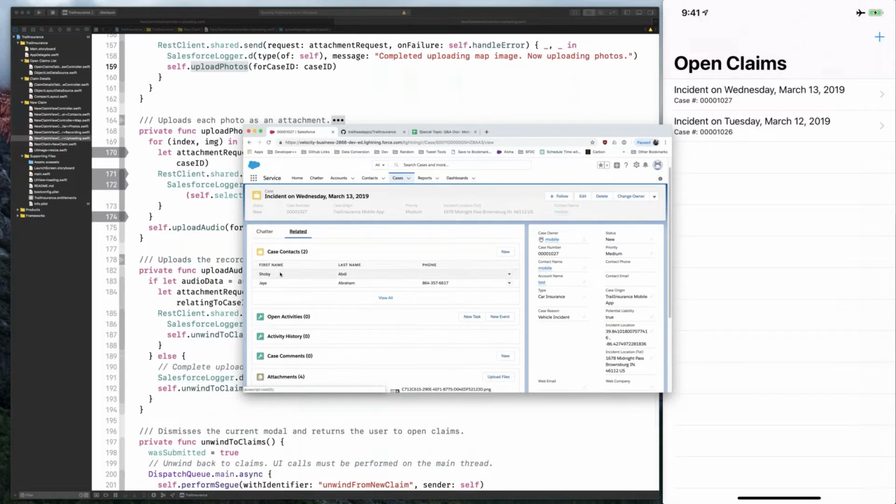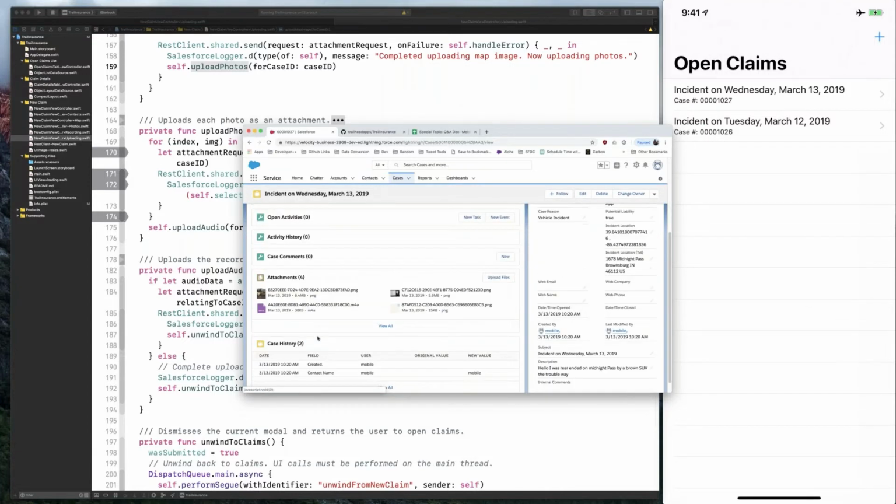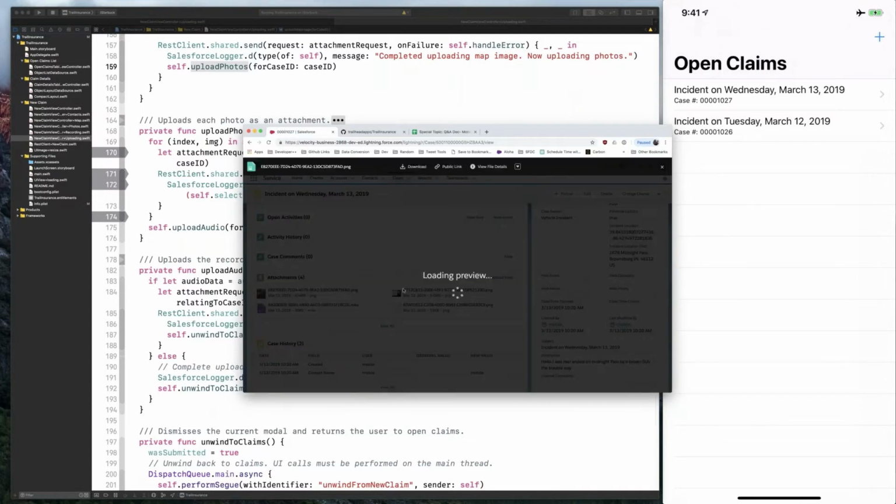And oh, here's our contacts. We've got our contacts that were uploaded there in our related list through our case contact junction object. And here we have 4 attachments that have occurred. So if we look at a first attachment here and let it load the preview,